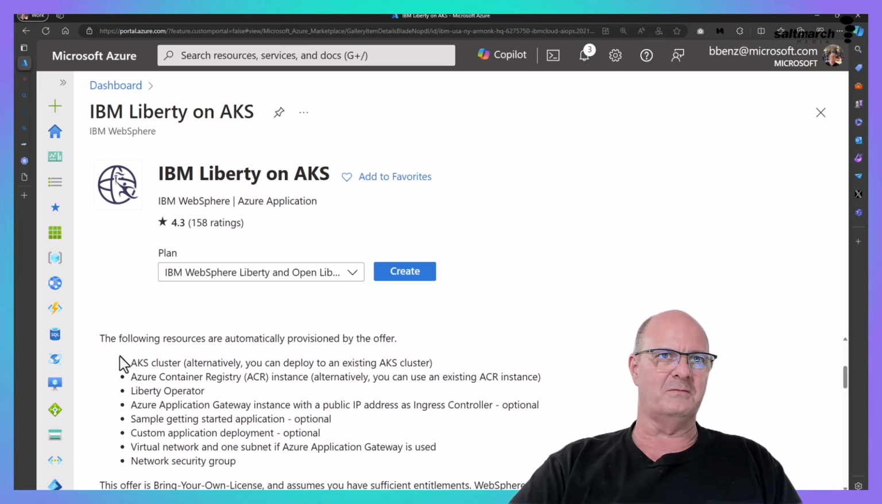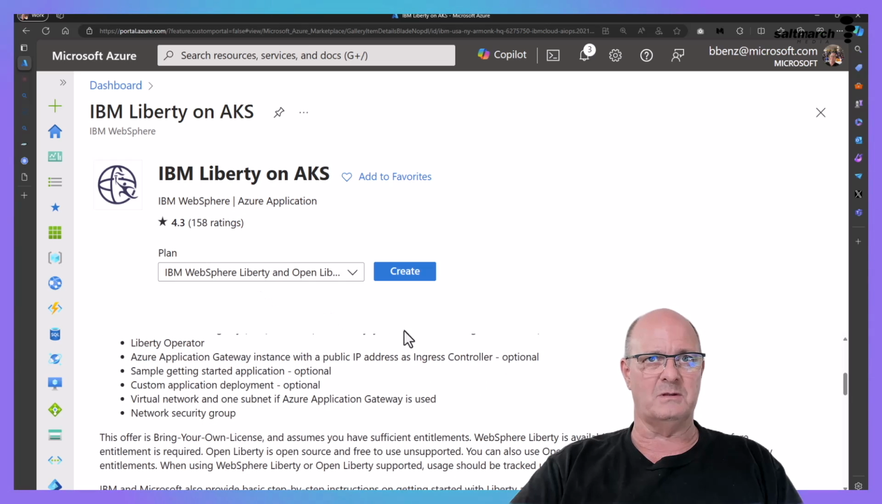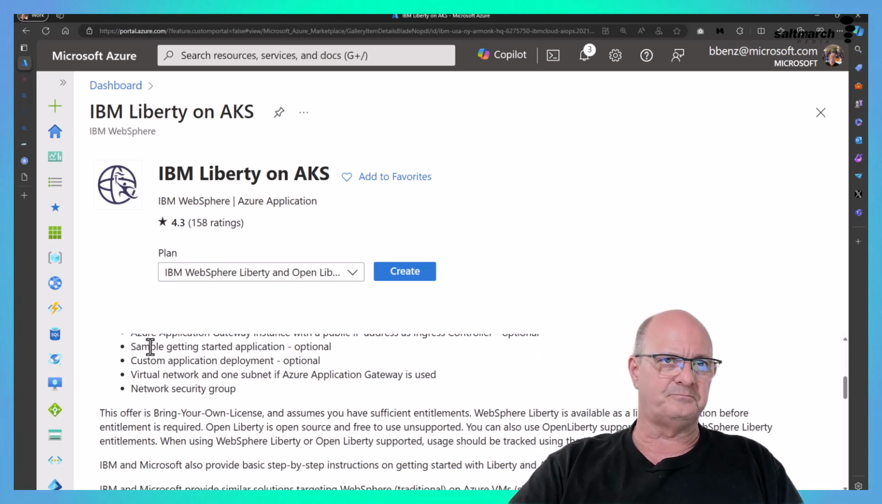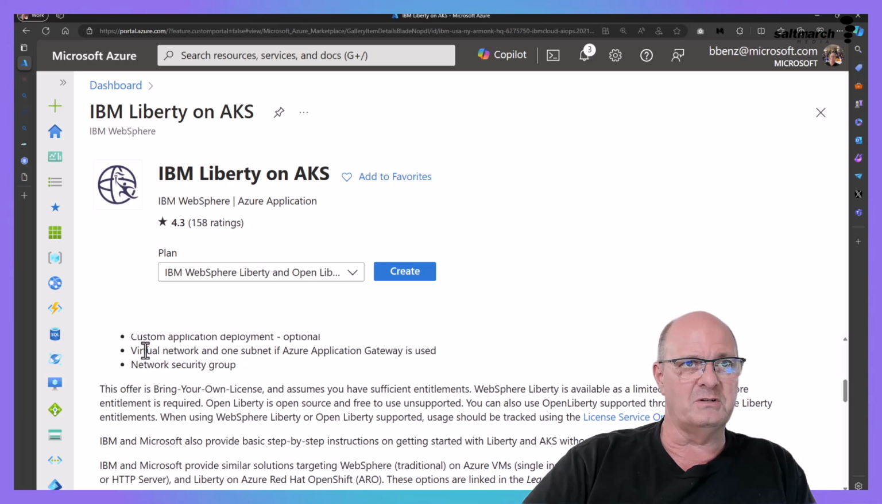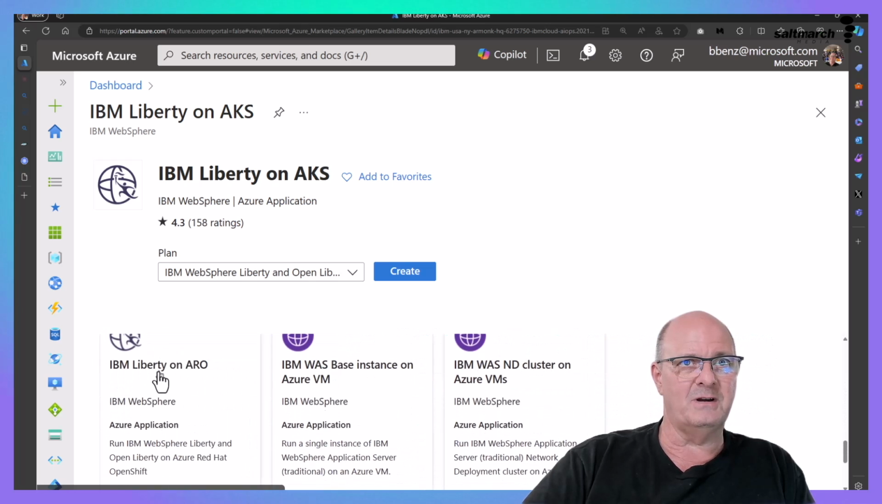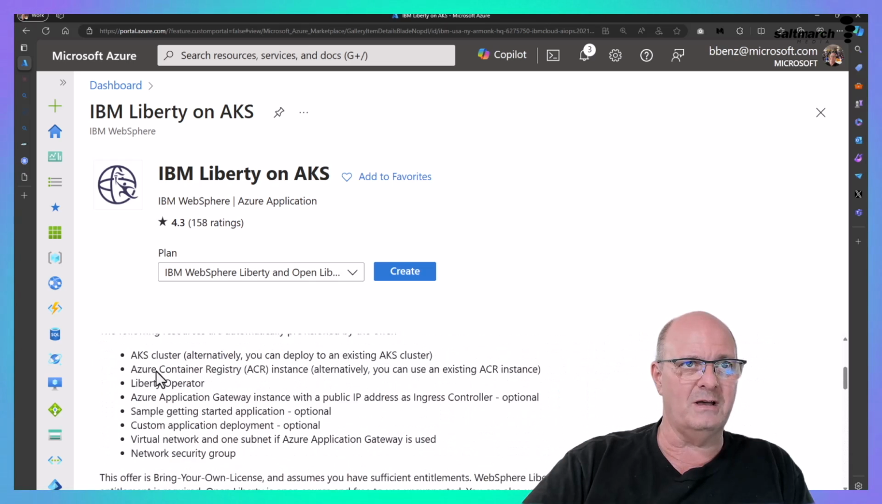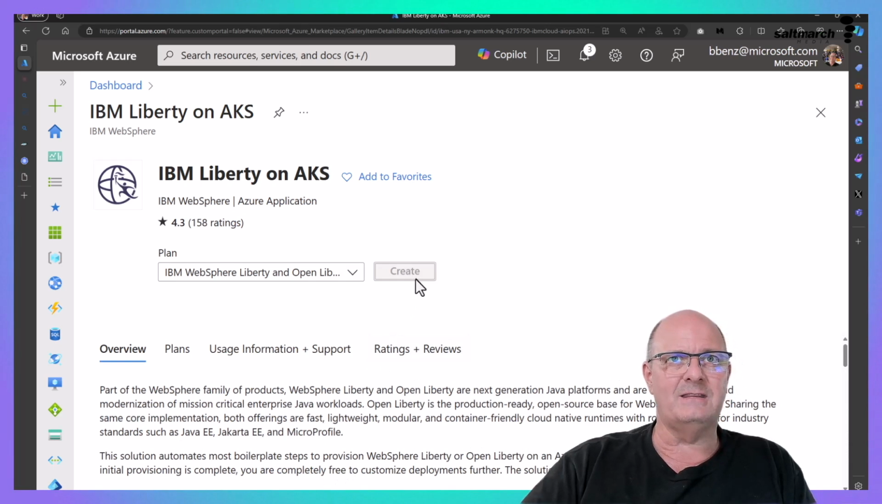As it says here, the following resources are automatically provisioned: the Kubernetes cluster, the container registry, the Liberty operator, the Azure application gateway instance with a public IP address, sample getting started application, and I'll show you that in a minute, and custom application deployment, a virtual network, and a network security group. This is very cool, and there's a whole bunch of different things you can use as well. But if I create this,